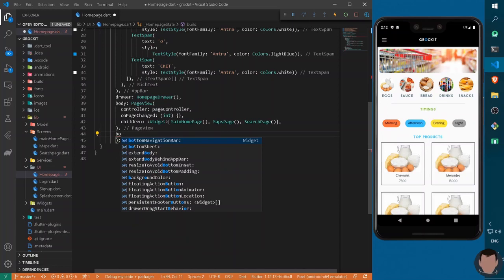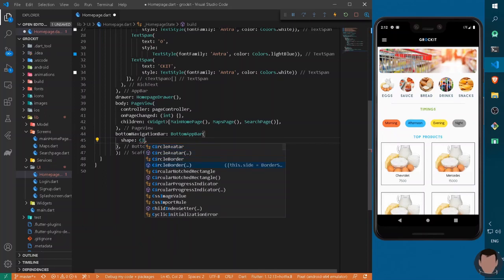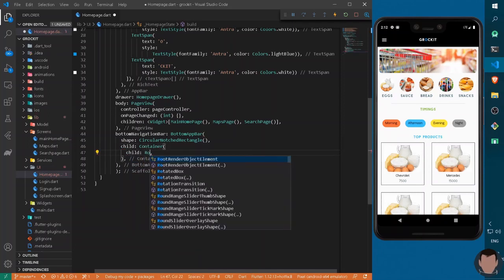So I will write bottom navigation bar to be bottom app bar, and it will have a shape, let's say circular notch rectangle, and similarly a child of a container. Now it will have a child of row.